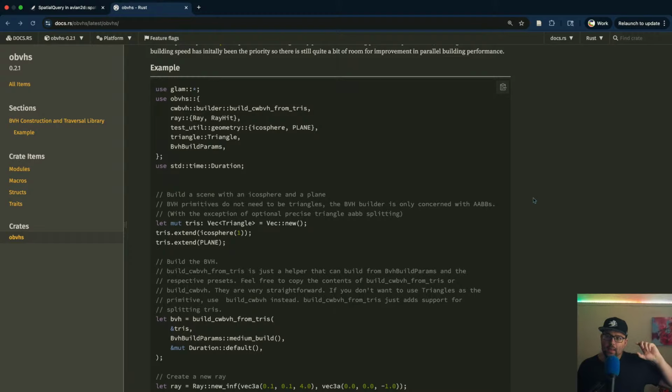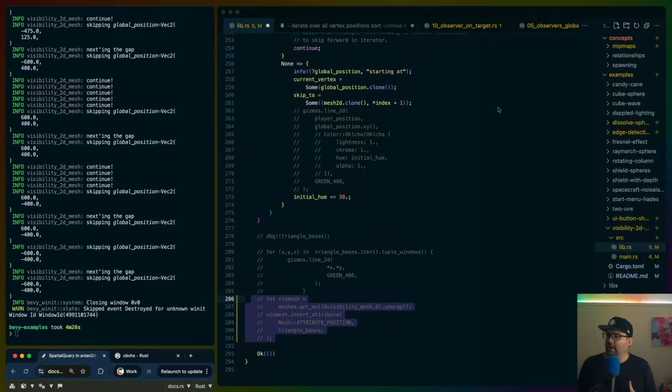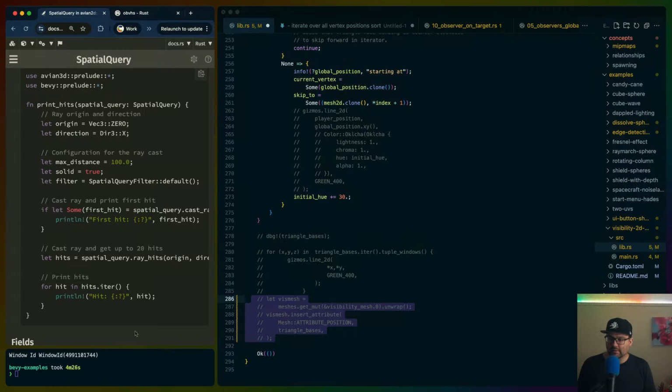I'm curious to see what it looks like if you just use Avian, and I'm curious to see what it looks like if you use OBVHS. And both of those are kind of not the original point, if that makes sense. One is, what does this look like to use OBVHS? And the other one is, what does this look like to use Avian APIs? It doesn't necessarily need to be the best ray tracing demo, because the point of those would not be the ray tracing necessarily. It would be